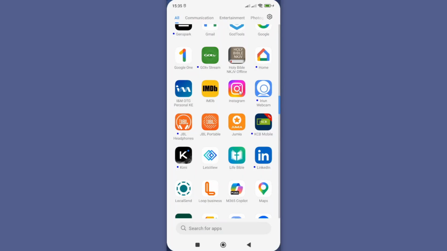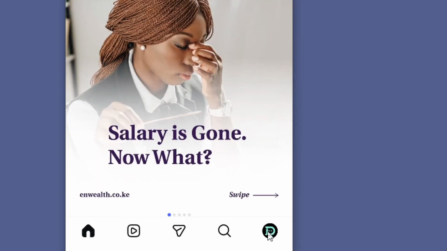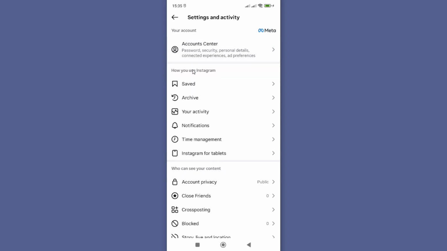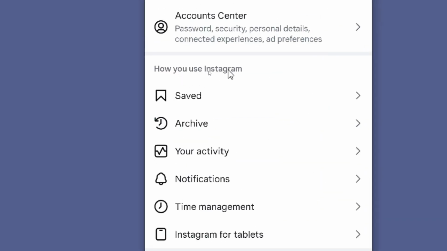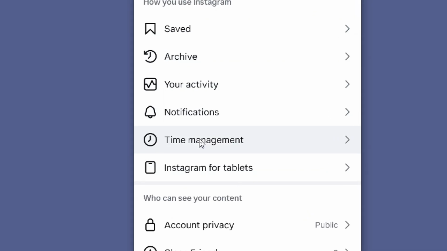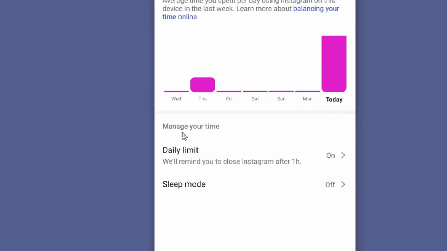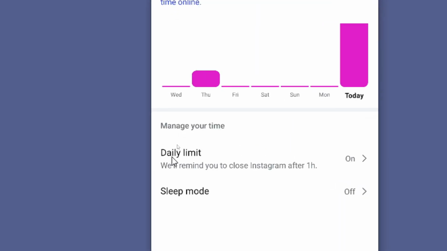So I'll open my app and then go to this profile icon. From here, tap on these three lines to access settings. Now under settings, go to how you use Instagram, and under it you should see time management. If you tap on this, now you can see under manage your time, we have daily limit that